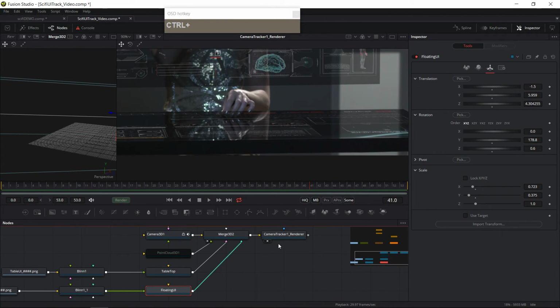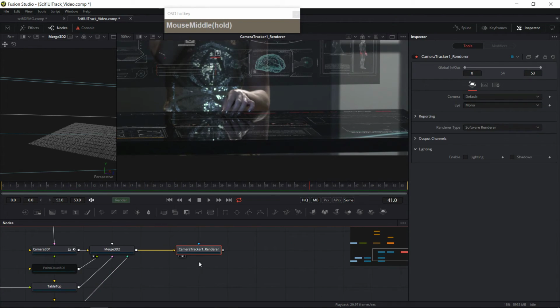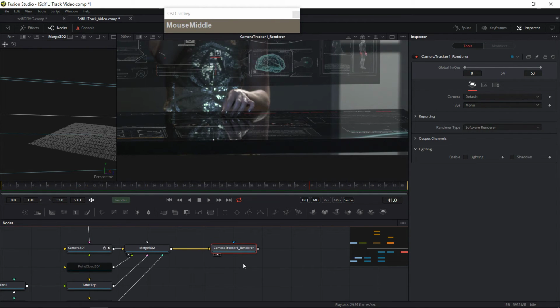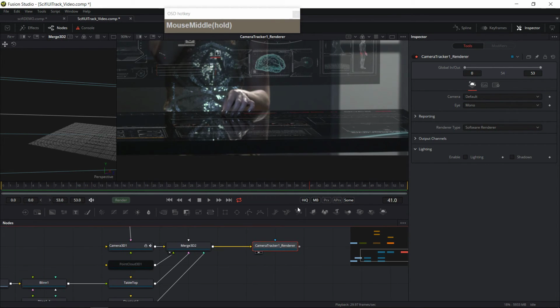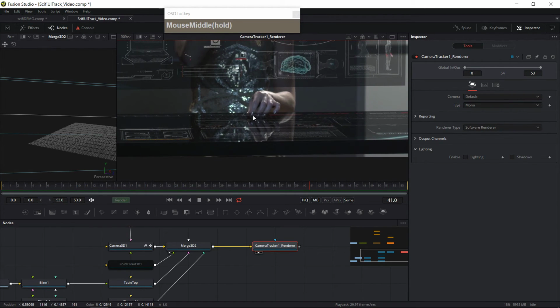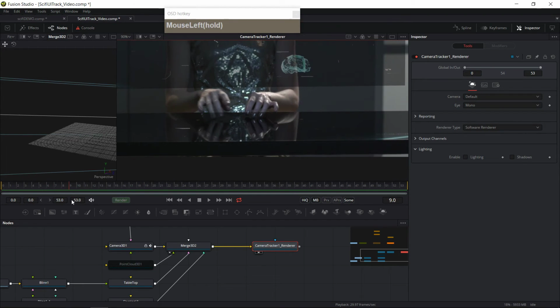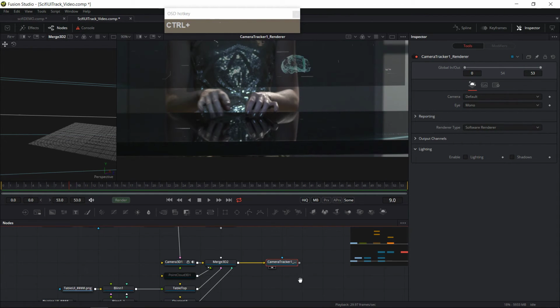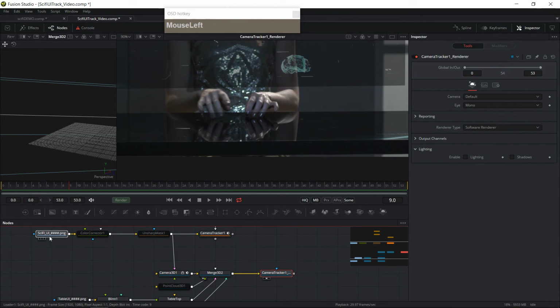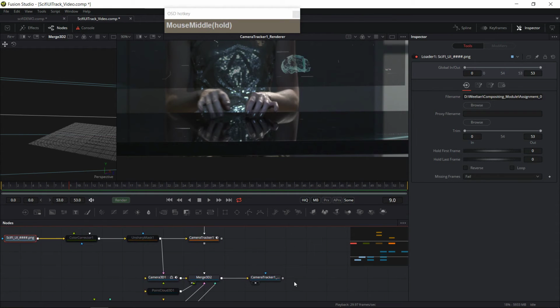All right, so what we are seeing is the final render. What we want to do is bring in another video layer of her, and then we want to create a roto mask to cut through her fingers so that it doesn't look strange like that. Right? So we need to create a couple of masks for this table. To do that, we need to pipe in our original footage and merge it together with the output